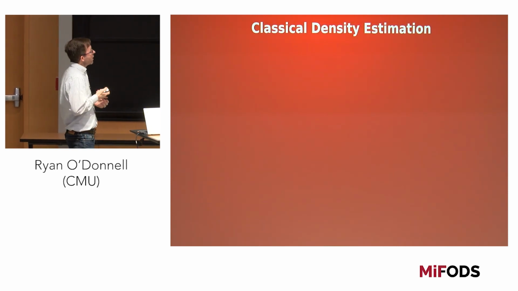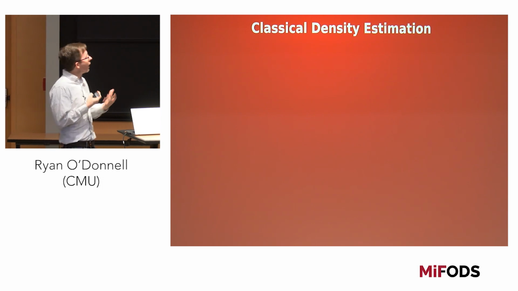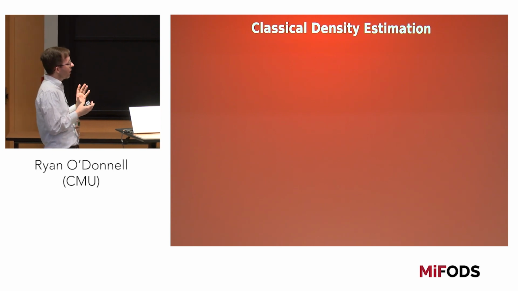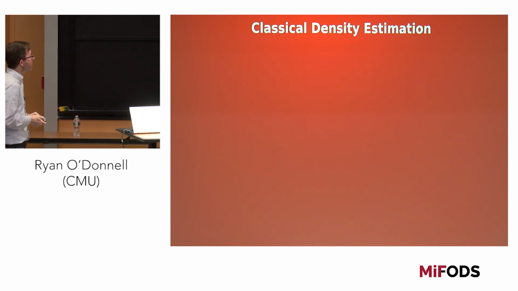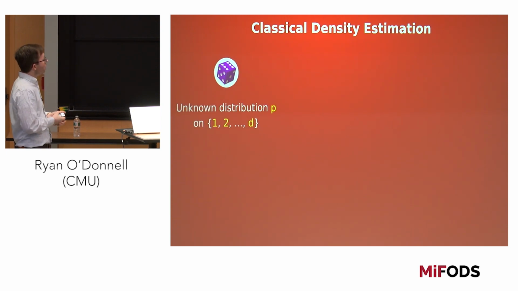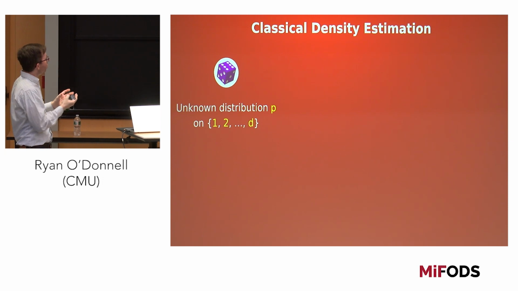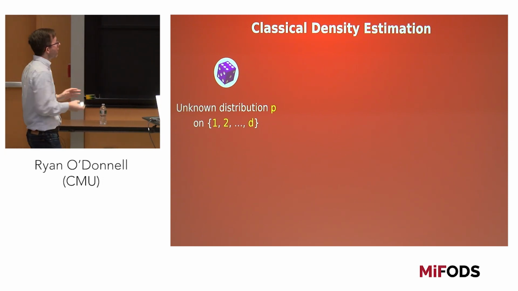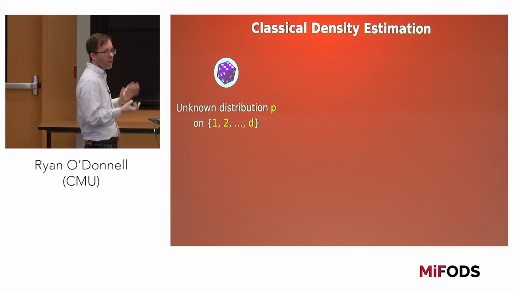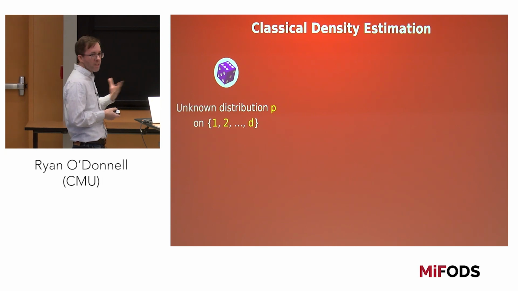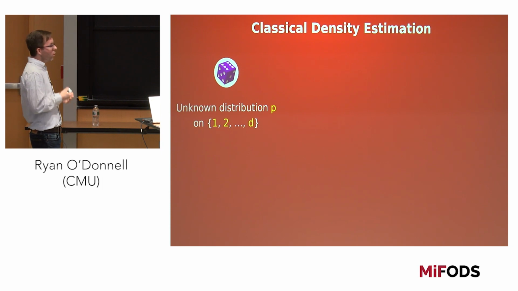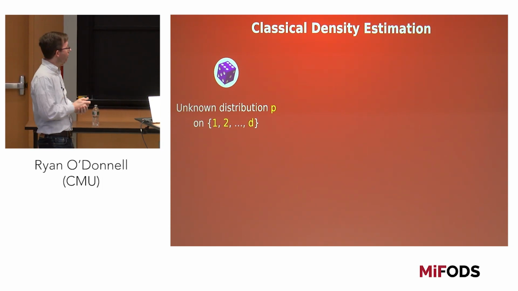So let me even now remind you of a framework for classical density estimation. So this will be kind of a funny framework. I put it the way I put it so that I will most easily analogize to the quantum case. So here's the picture I would have in mind for the classical case. You have some probability distribution generating data, and I'm not going to make any assumptions about it, well, maybe except that it has a finite support. So there's an unknown probability distribution P, just with D outcomes named 1 through D. You can think of it as a D-sided die, where you do not know the probability of each face coming up. And you want to learn these probabilities or learn something about these probabilities.